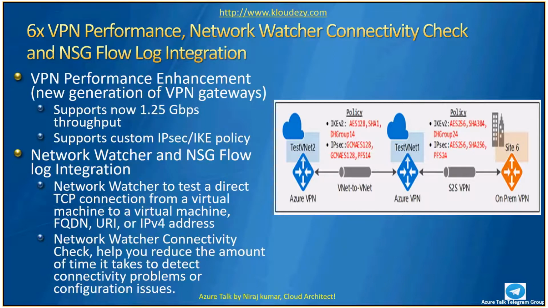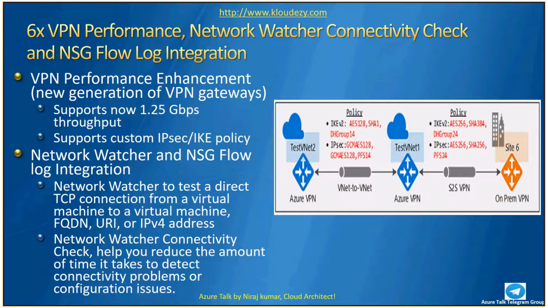My VPN ExpressRoute goes down, my VPN chokes like anything, because I don't have enough bandwidth to even my ISP. My routes are perfect, yet still the traffic, the workload I have, is huge. So that put me into a lot of difficulties. Now with the 6x performance, you will be getting a 1.25 Gbps throughput.